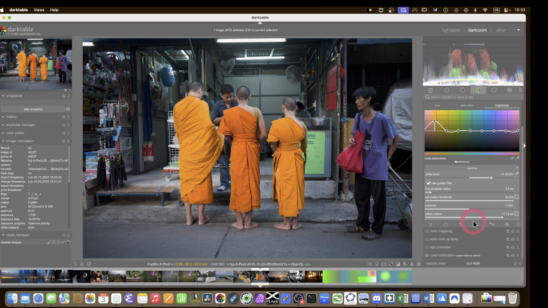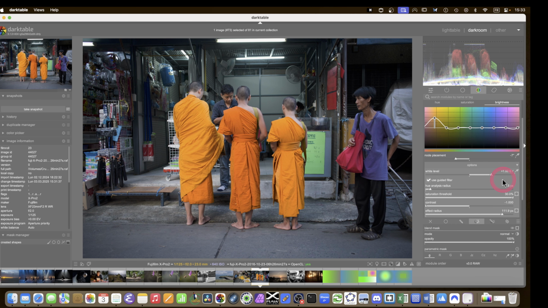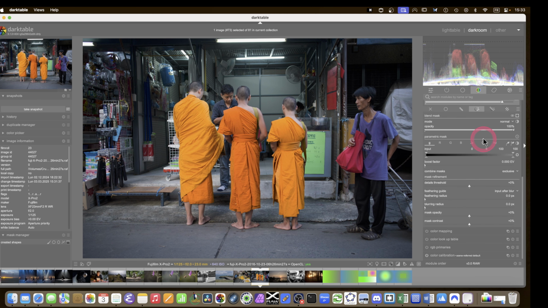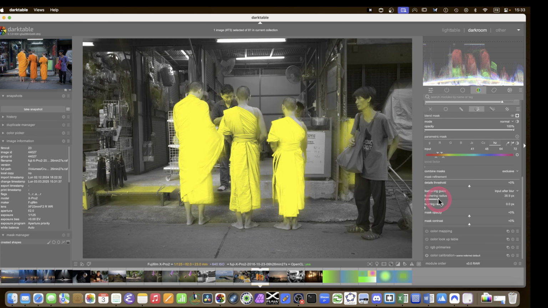picture. I forgot what we could do is you can also mix, because we have a mask made with this guided filter, but we can also, which is brilliant in Darktable, use a mask for everything. Have a hue mask. Let's pick the hues here of the robes. If I press M, I'll see what's been selected. I can feather that. So you can see there is some spilling on the skin there. I can try and tighten